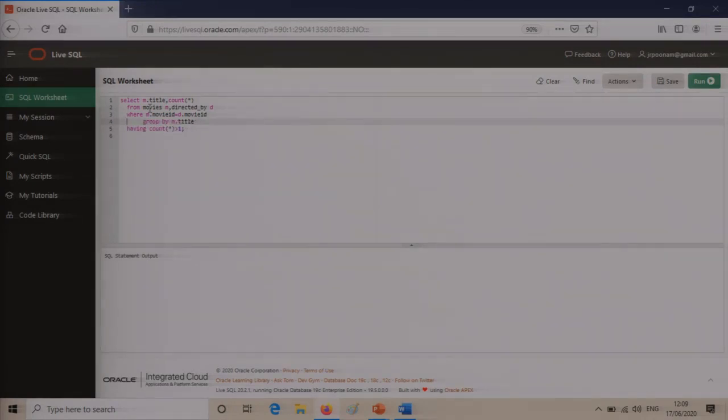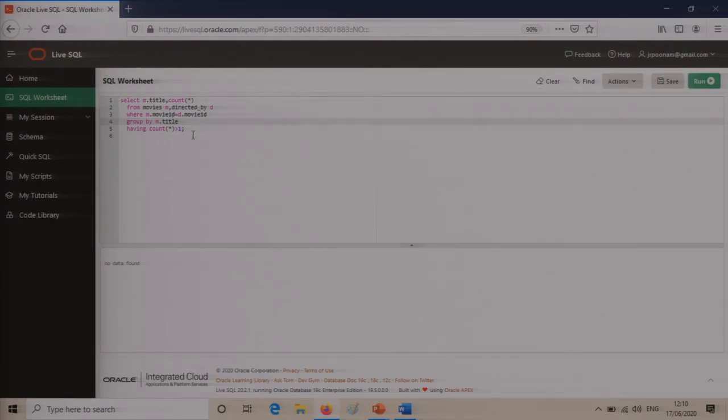Let me keep it properly formatted so that you have no confusion here. So here we go. No data found, because nothing is going according to this criteria.